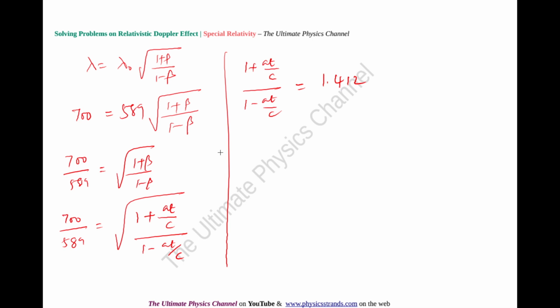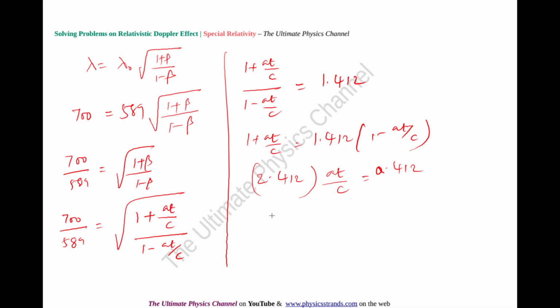This is the evaluation of 700 over 589, and then squaring it, right? So if I rearrange these terms, 1 plus 80 over c on the left side is 1.412 times (1 minus 80 over c) on the right side. Then if I separate the terms out, I get 2.412 times 80 over c on one side, and on the right side I get 0.412. Therefore, 80 over c is